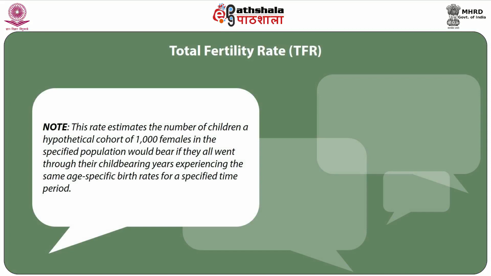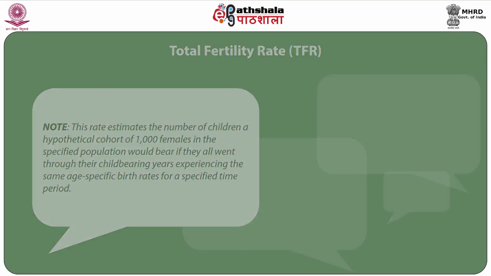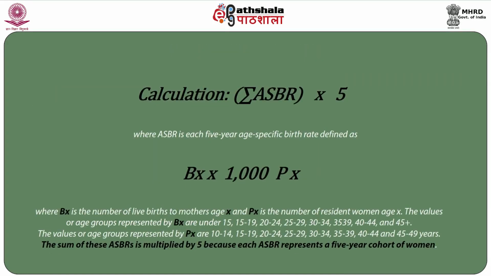Note that this rate estimates the number of children a hypothetical cohort of 1000 females in the specified population would bear if they all went through their childbearing years experiencing the same age-specific birth rates for a specified time period. The calculation is the sum of age-specific birth rates multiplied by 5, where ASBR is each 5-year age-specific birth rate,